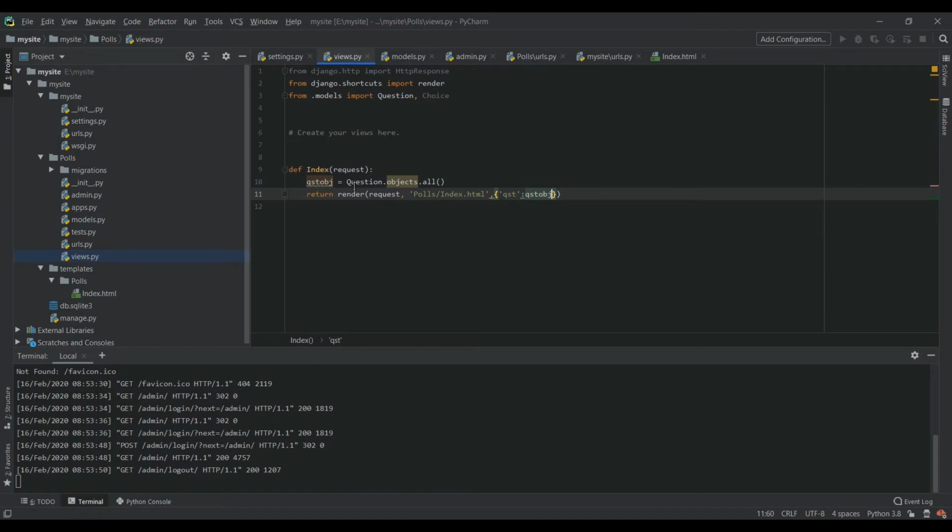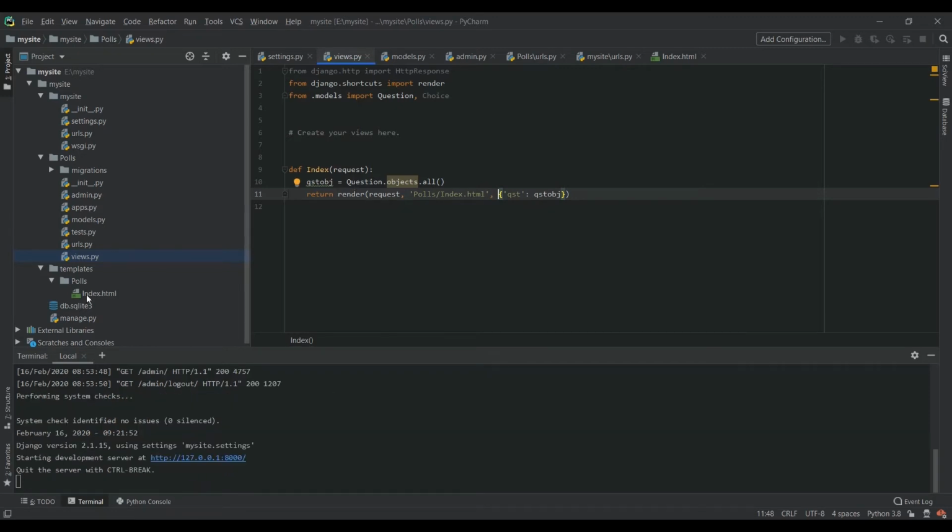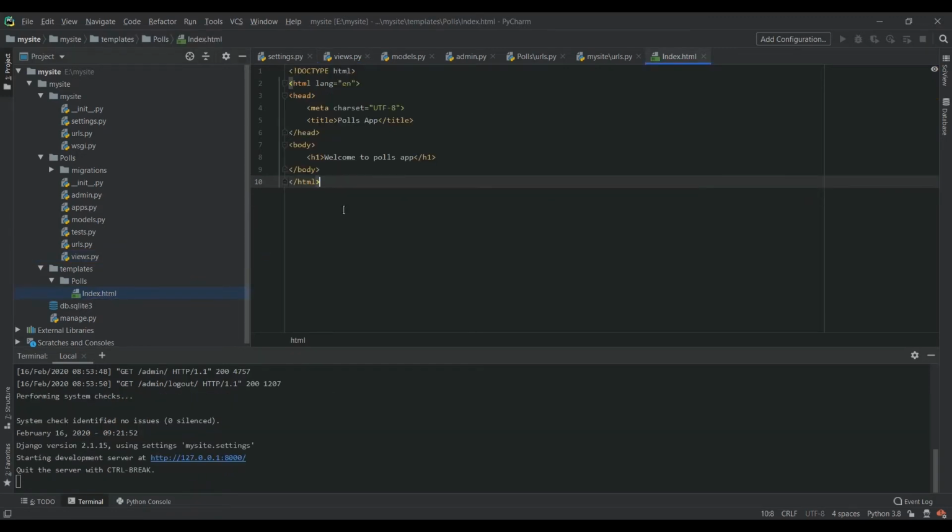Inside the return command, give a flower bracket, inside that give the single quotes, and give a name for the question object to refer. Once it has completed,